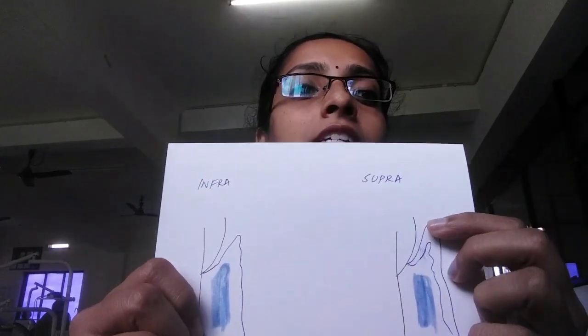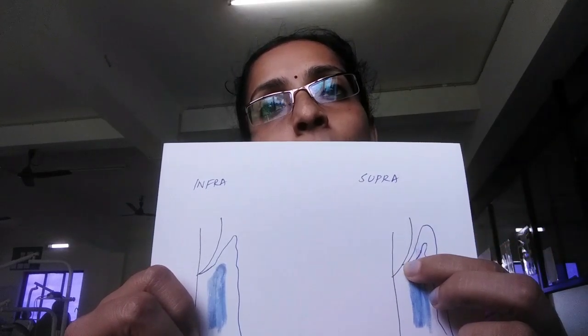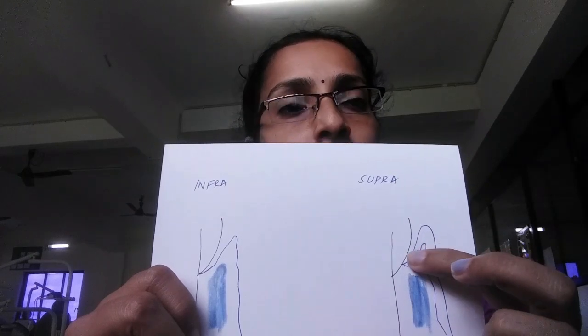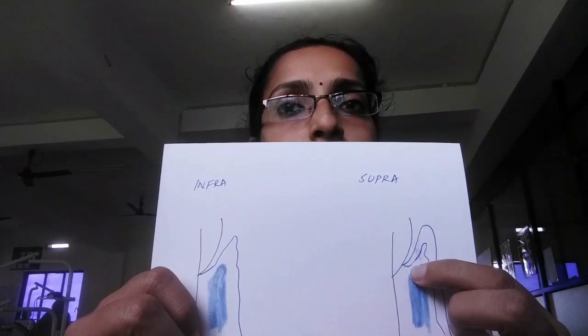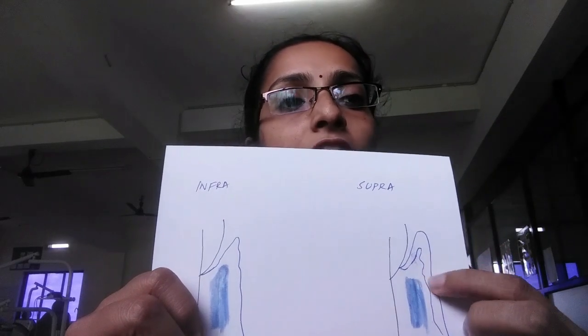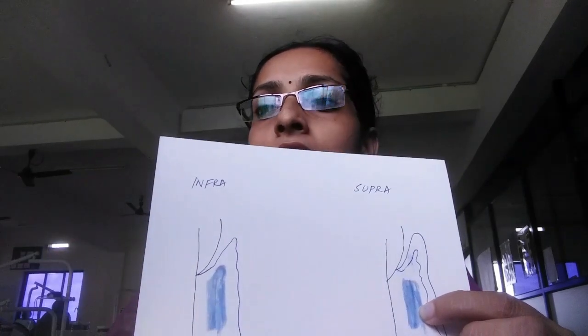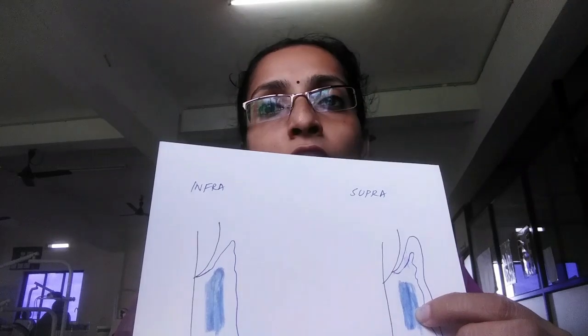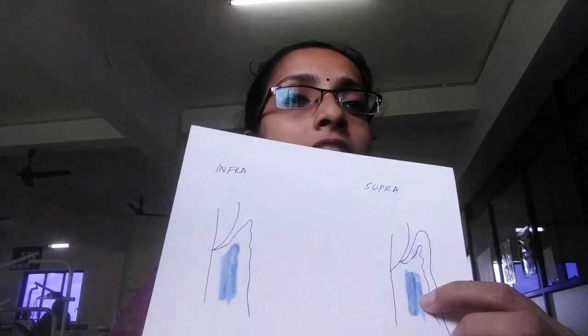Even when you are writing the answer, it's easier this way. So the changes that are seen in the epithelial surface will be: junctional epithelium is shorter, increase in leukocytes, ulceration of the lateral wall. Okay, what are the changes in the connective tissue area? In the connective tissue area, there is plasma cell predominance, increase in the level of motile organisms, and varying degree of degeneration and proliferation of the cells. Okay, so those are the changes in the soft tissue wall, in the epithelium and in the connective tissue.